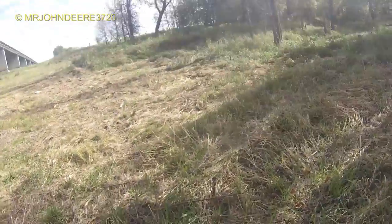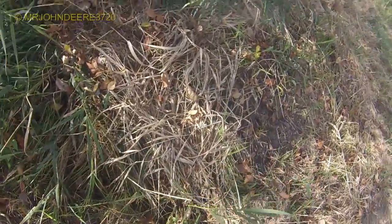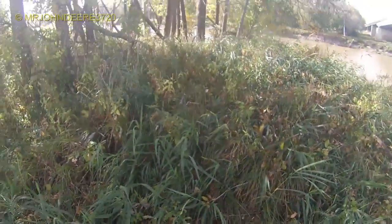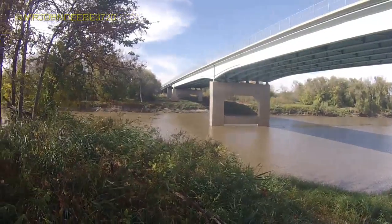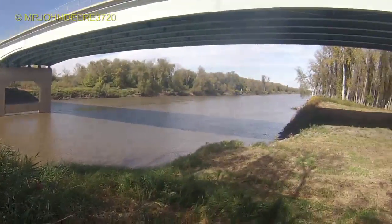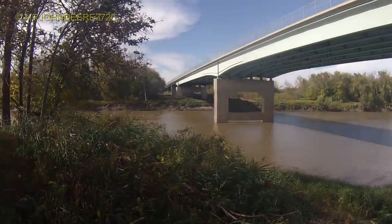So I want to do a little bit of hill climbing because I've never been up here. I don't even know what's up here. A log, a frog, green frog at that. Oh my god, I've never been up here. It's too much of a mess up here though. I mean, you get a pretty good view from over here, so